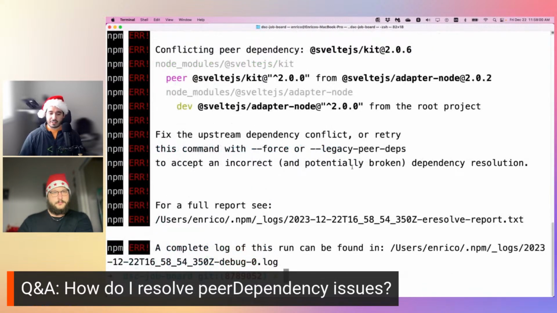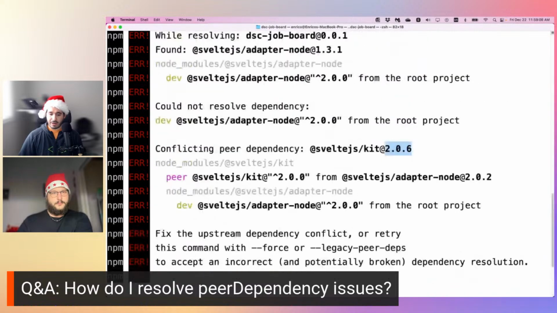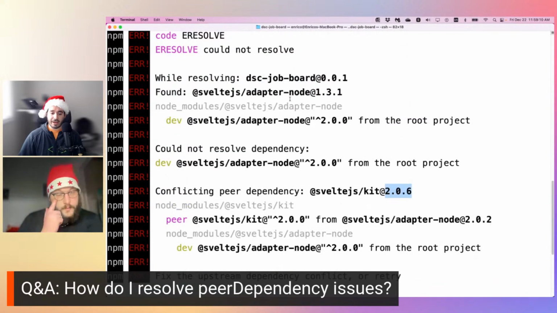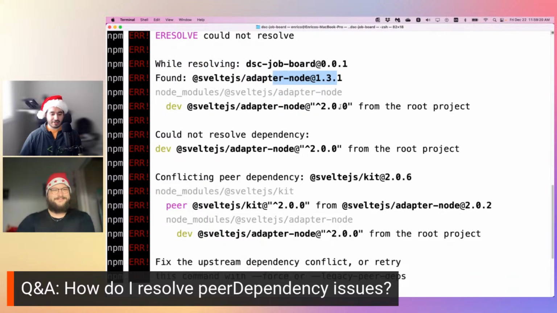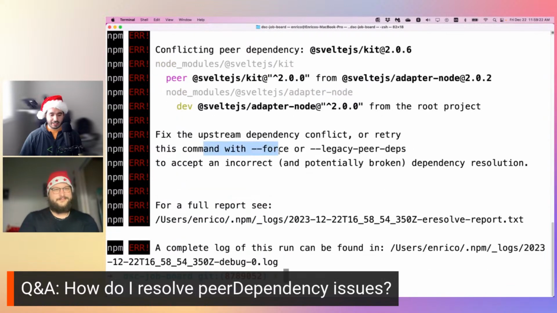It says here, conflicting peer dependency, SvelteKit 2.0.6, and it has a peer of adapter-node 2. And the reason why this is a conflict is because I currently have installed adapter-node 1.3.1. This is an adapter-node project, and this may seem hard to recover from, but it's not. There is a solution, and it's advised right here in the error: you can retry with the force flag,